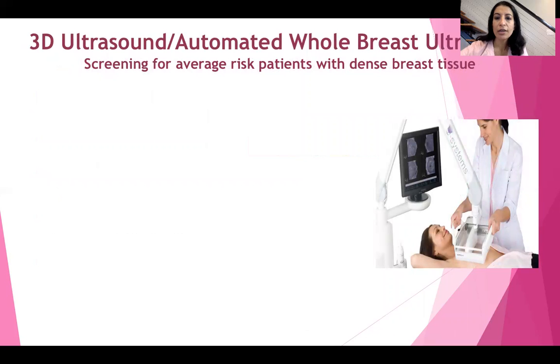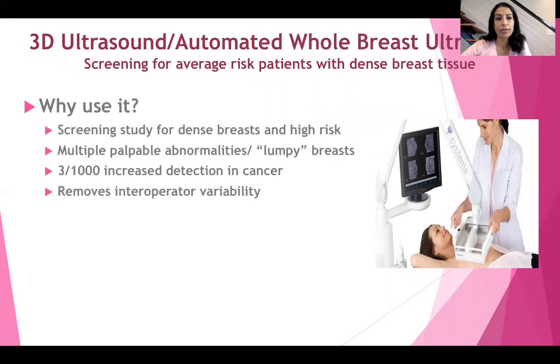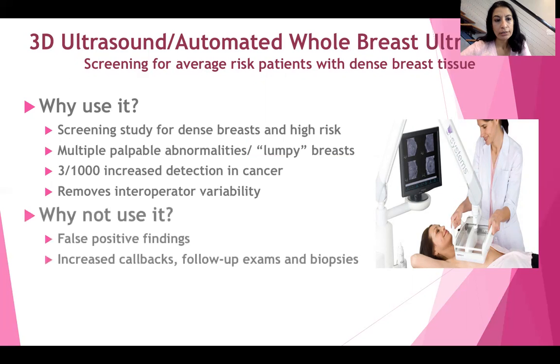So 3D ultrasound, I had mentioned, it's a good option for women who have dense breast tissue and also those who are of higher risk. And it is able to help us find 3 per 1,000 more breast cancers in women when used in concert with mammography. It does remove operator variability. So when we do ultrasound by hand, you could miss things, or you could call areas, but this allows us to look at the breast as a whole. It does have false positives. It does increase callback. So it's something to warn patients of,